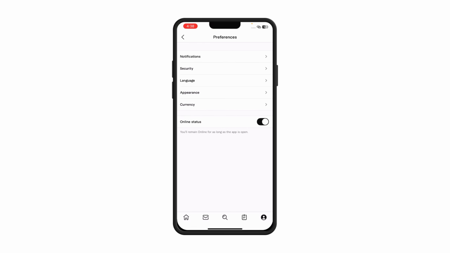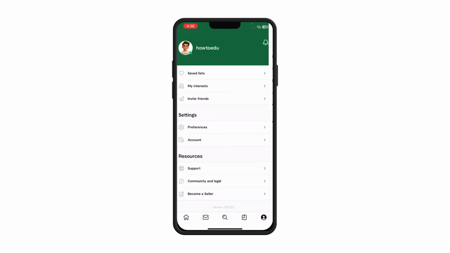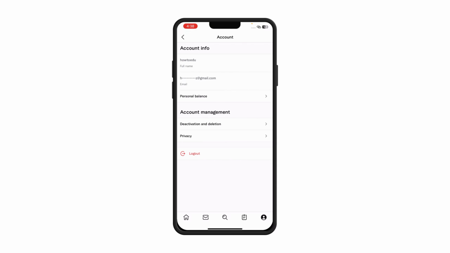If you tap on your preference, you can see everything: the currency, the appearance, the language, the security, the notifications. That is for the full setup. If you tap on my account, you can see your full name, your email, your personal balance,